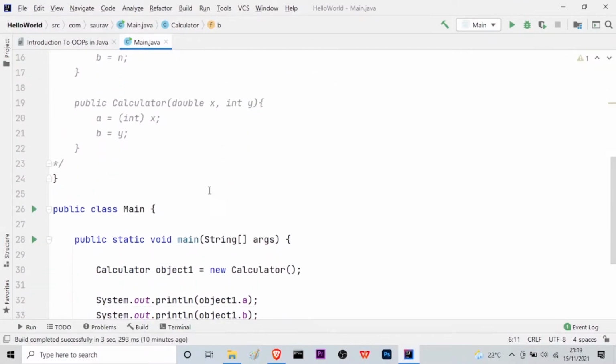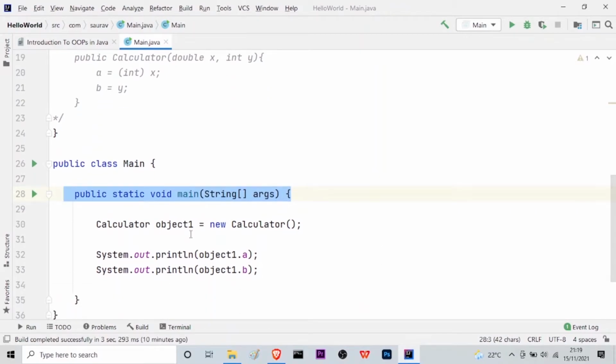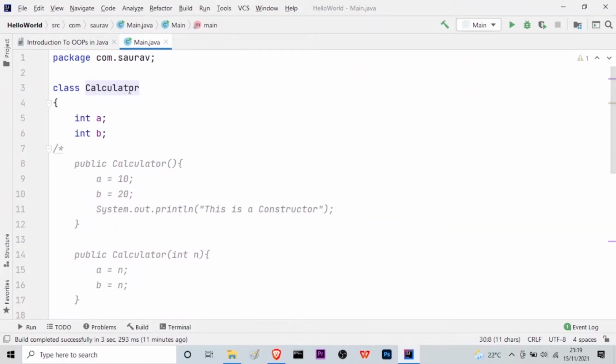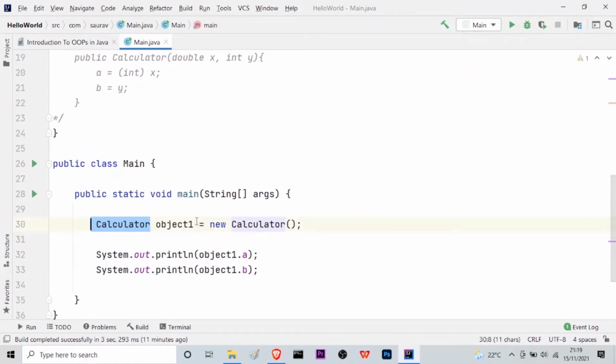After that, in my main class, inside my main method, I am creating a new object. The name is object1, and in order to create a new object, as I told in my earlier classes, we have to call the class. The name of the class is Calculator, and after that we have to name the object.